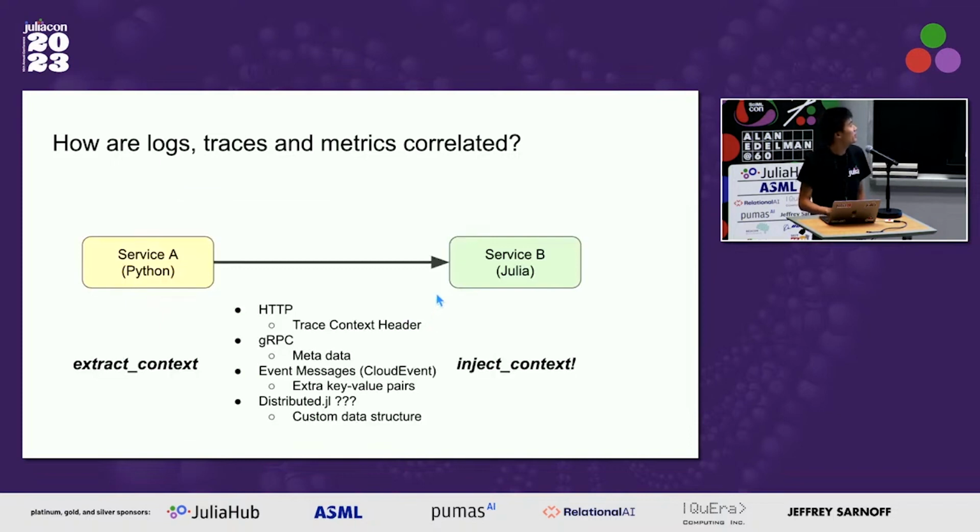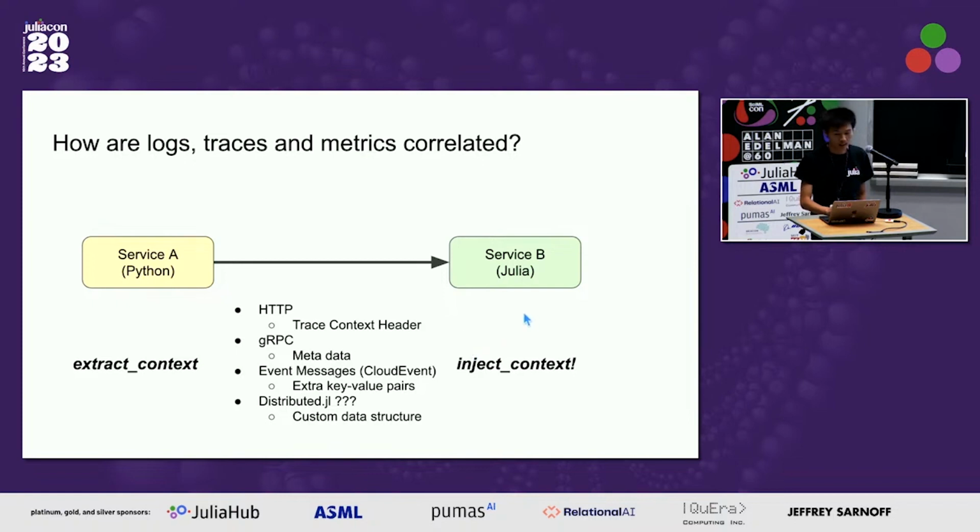But how are they correlated across services? Say we have service A, which may be written in Python, and another service, service B, which is implemented in Julia. To pass the information from service A to service B, we usually first have to extract the current context from the current service and then serialize it through some kind of approach. Once service B receives the data, it will deserialize and inject the conveyed context info